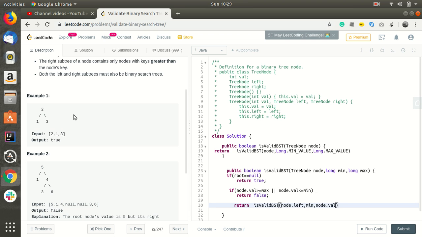So if we are going to the left, we are sending 2 as the max value, so 1 cannot have a value greater than 2. If it happens, like over here, if node dot val is greater than or equal to max, then it will return false. As of now this case is not there, so no issues.